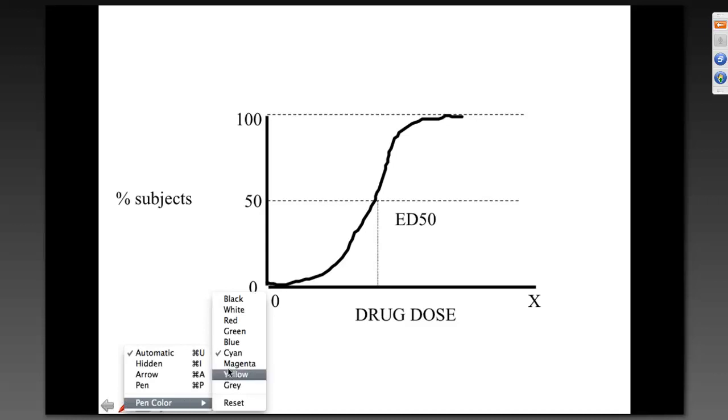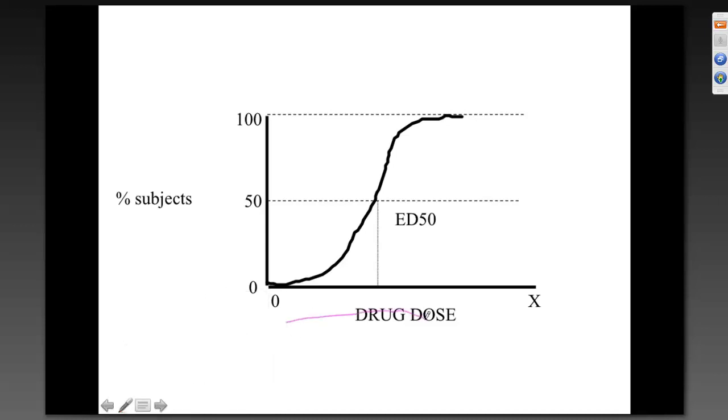if we take a peek here, again, drug dose on our x-axis. Now we're looking at percent of subjects, okay? When we talk about the concept of ED50, effective dose 50, what we're saying is, as I move to the right and give more and more of the dose, then I start to have an effect on more and more of the subjects, okay? At the point where 50% of those subjects have experienced the effect of the drug, that